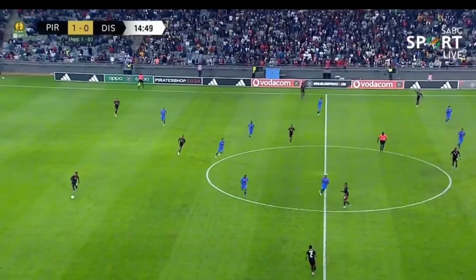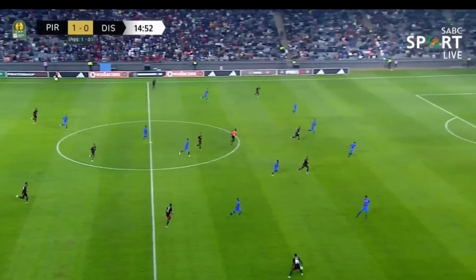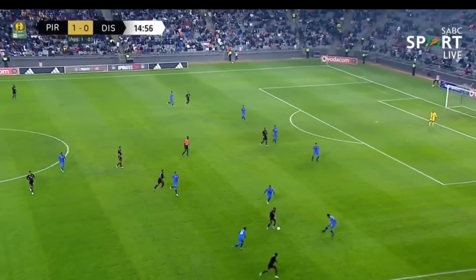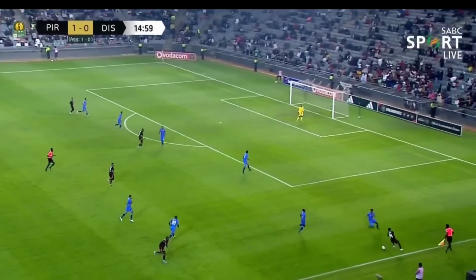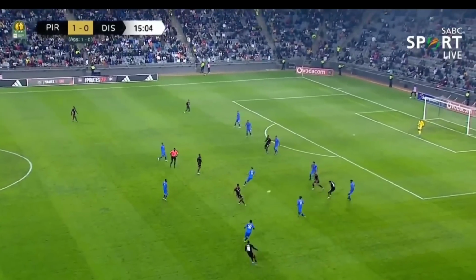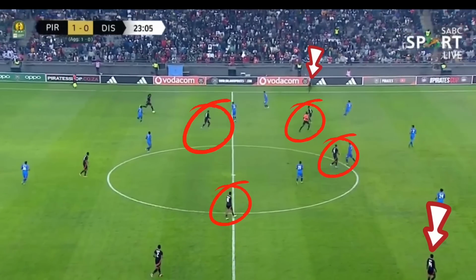Also note how deep Tito is. We'll go back to this when we talk about his goal. Now, once again, Monyane goes wide, but there's also someone who's wide to receive the ball, which the point is to try and get Saling on those 1v1s by having Monyane invert. Now, Saling needs to work on his final touches, because he was getting in a lot of these situations, but sometimes the passes that he was deciding to play were not good, or maybe some of his teammates were supposed to pass him. Now, I want you to look at this when it comes to the goal that they scored again,